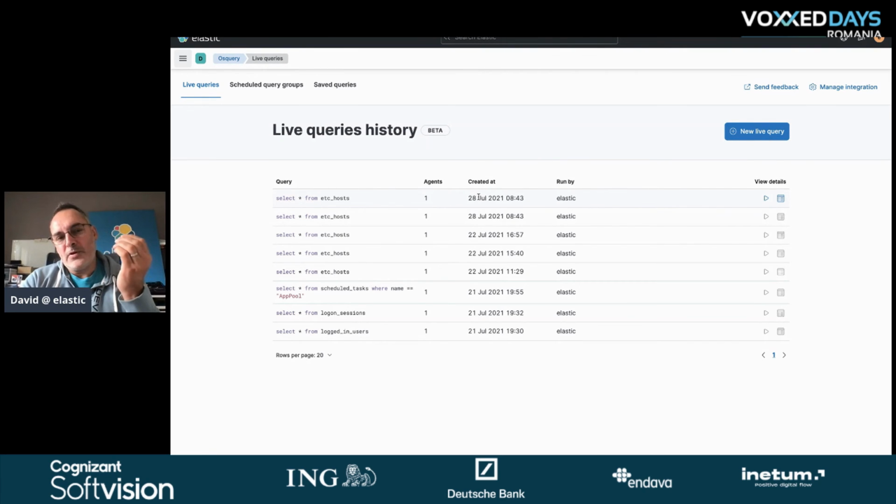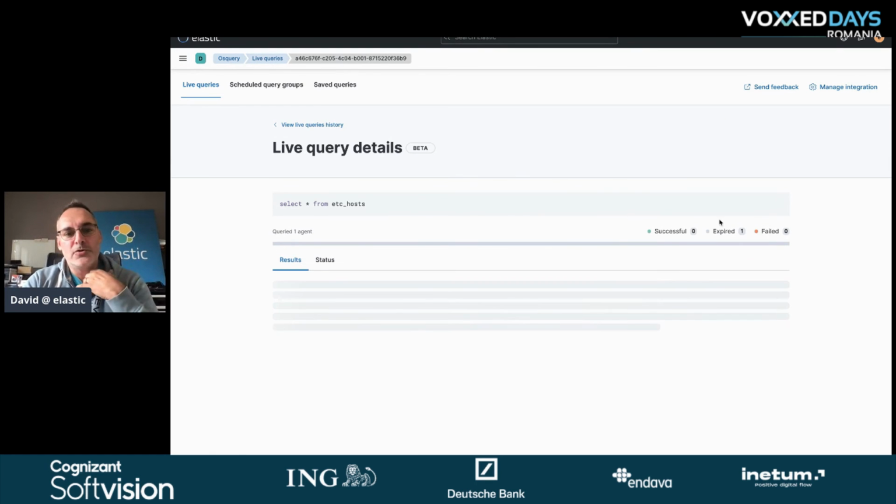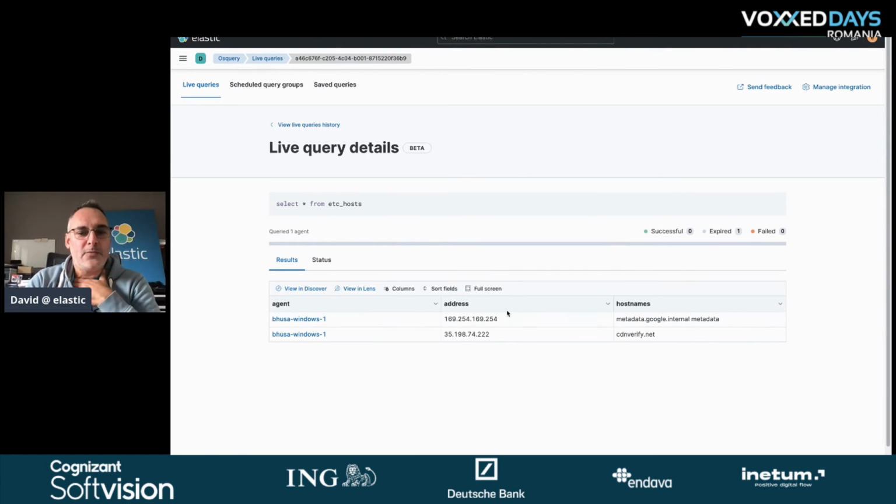Why this? Remember that the agent is able to connect with Kibana. So we can still run queries on the host, even though the host has been isolated. So let me show you a previous query that has been run by the team who built this demo. And what we can see here is that the host cdnverified.net has been added to contain this IP address.